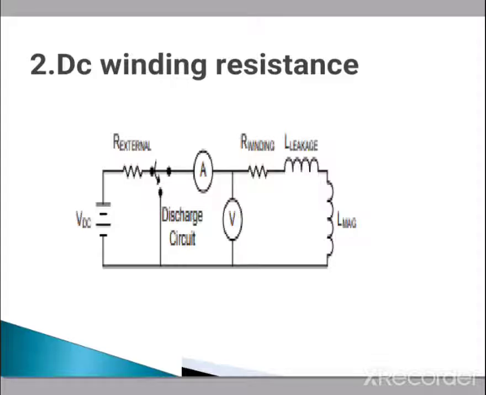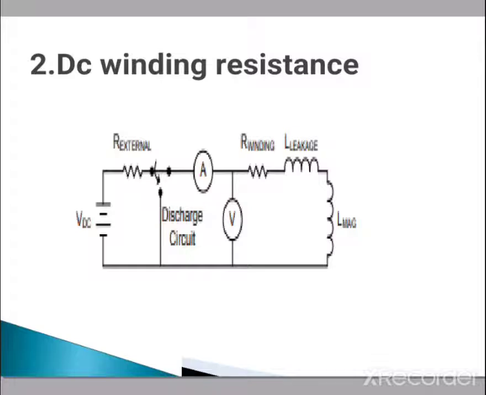First one is the voltmeter-ammeter method, second one is the bridge method, and third one is the micro-ohm meter method. The first method, the voltmeter-ammeter method, is the most common method, and it typically consists of a DC source across each separate phase for a Y-connected winding or between each pair of phases for a delta-connected winding. With all other terminals open, the measured current and voltages are used to calculate the winding resistance.